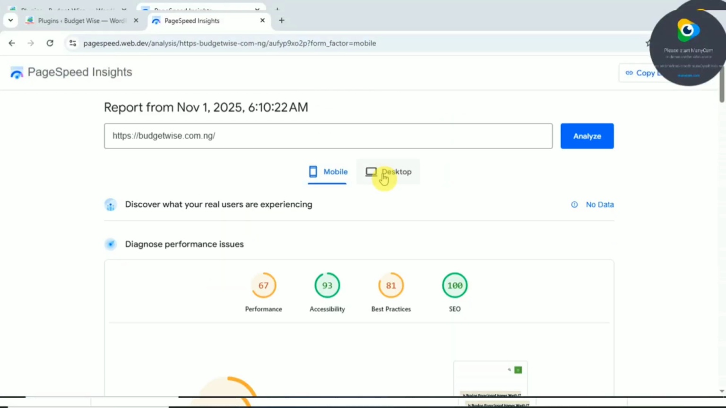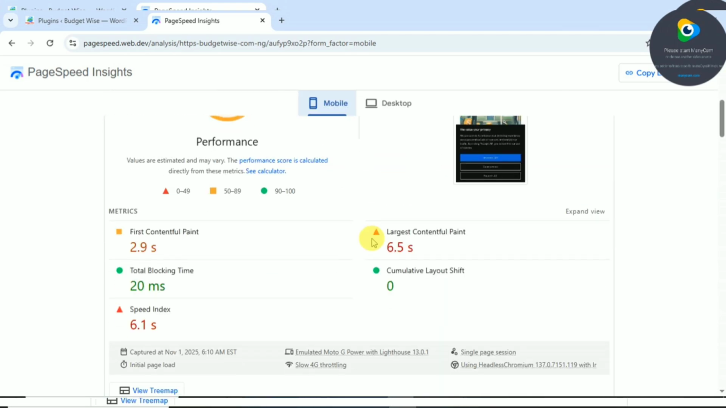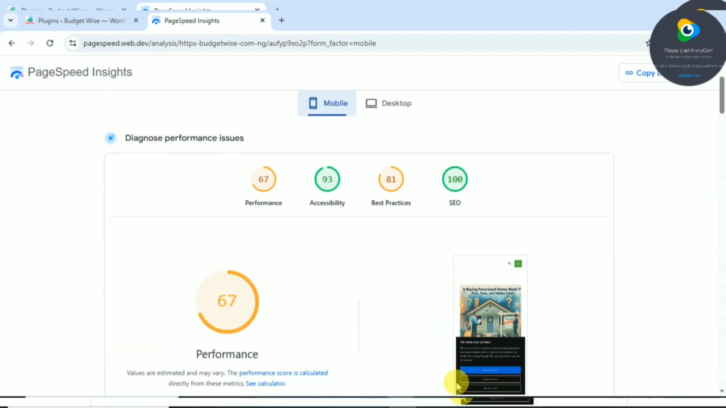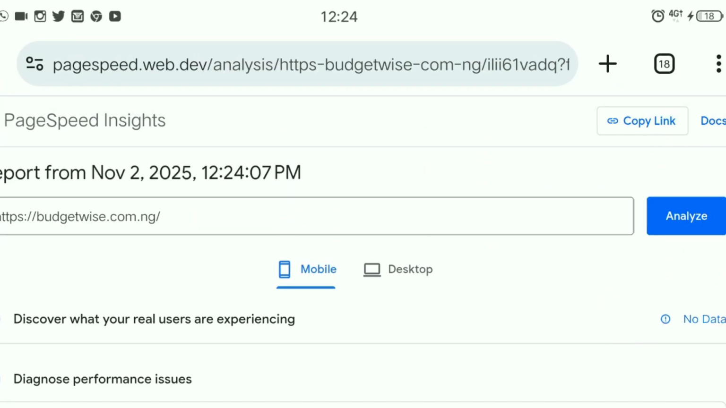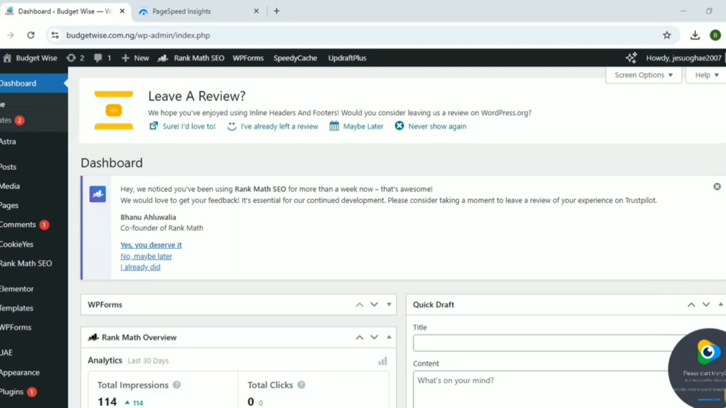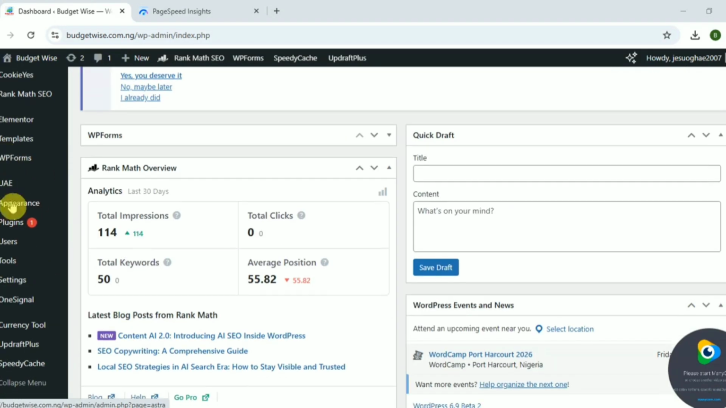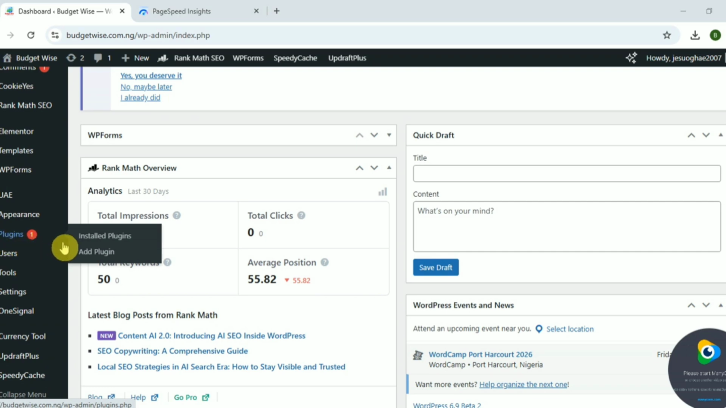On today's video, I'll take you through how to speed up your WordPress website and also increase performance and accessibility, just like the one on my screen, before and after. Now let's dive in. Once logged in on your WordPress website, on the dashboard menu, tap on Plugins and Add